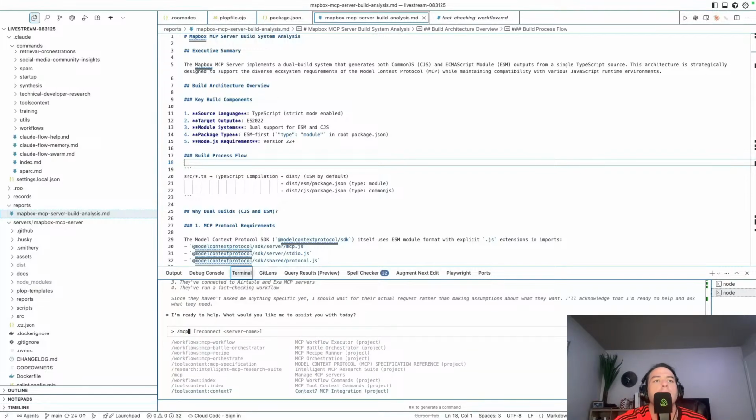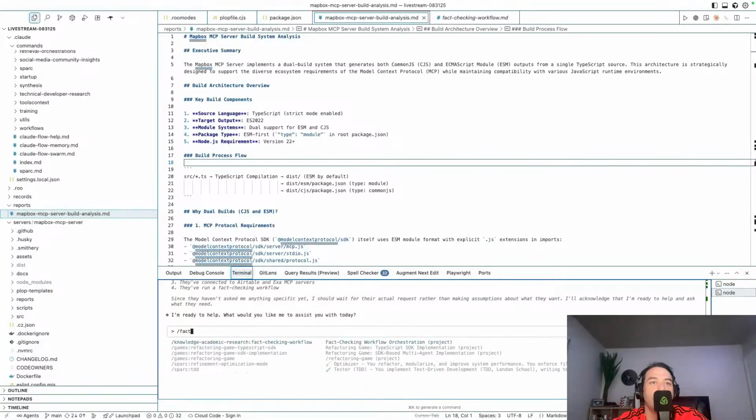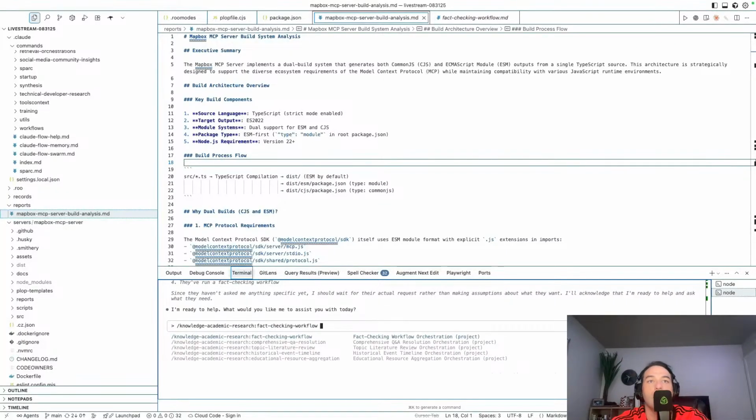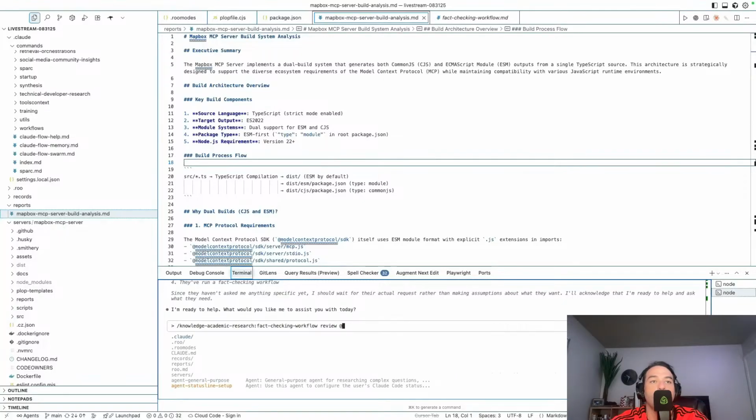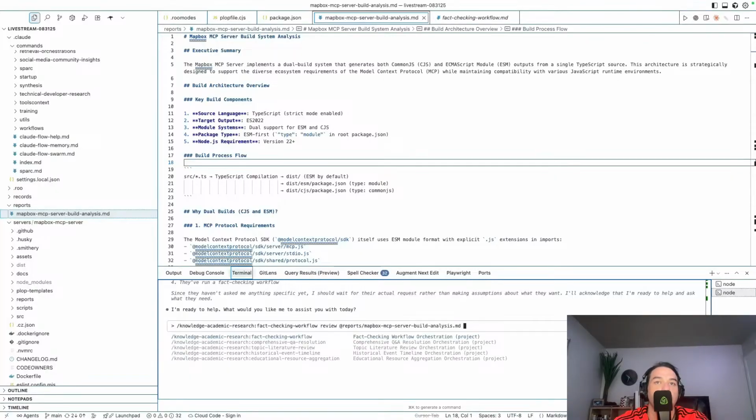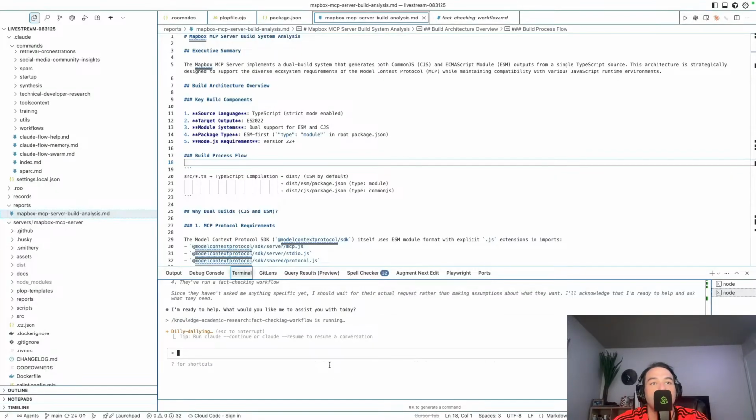Huh. I don't know what happened there. Review. Mapbox MCP server build analysis. I'm hoping that this isn't like